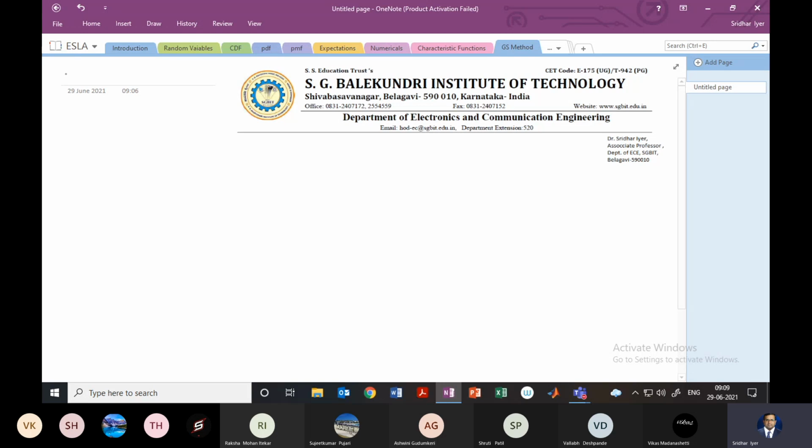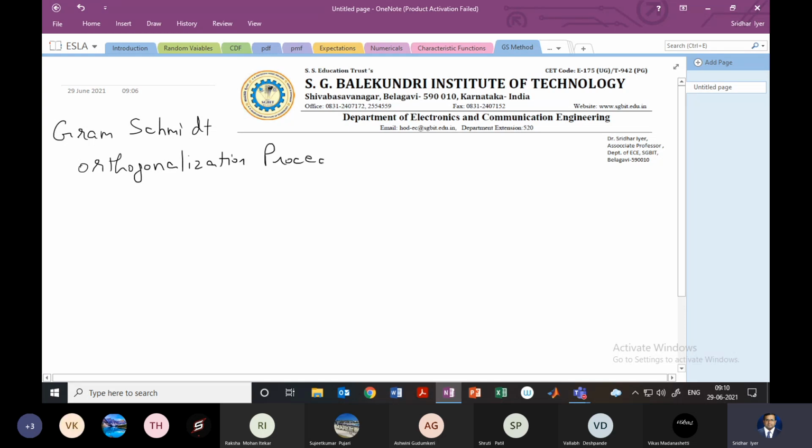So good morning students, we'll start with the last part of module 4. Today we'll be completing the portion for your IA. The last part is known as the Gram-Schmidt procedure, or more specifically Gram-Schmidt orthogonalization